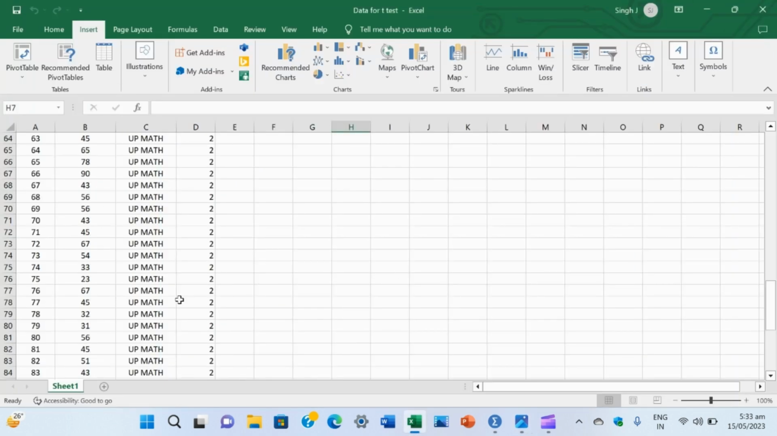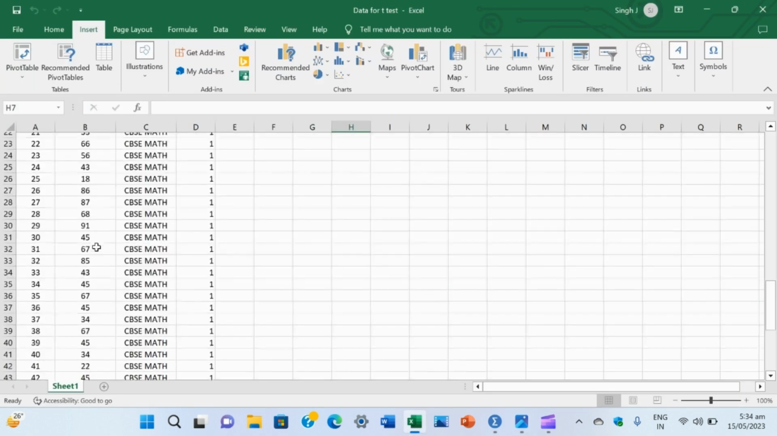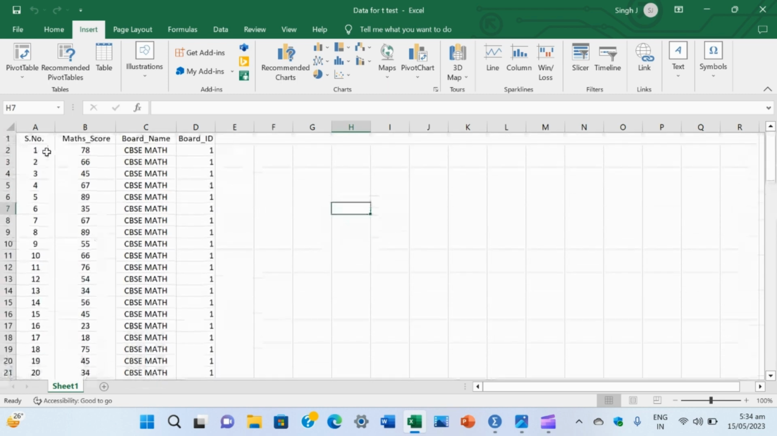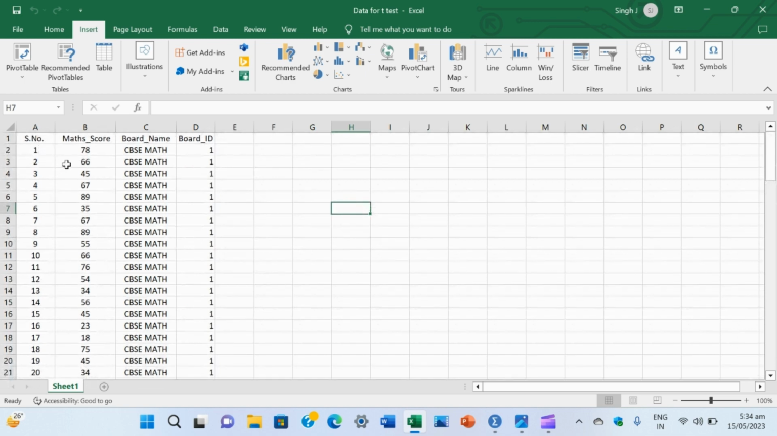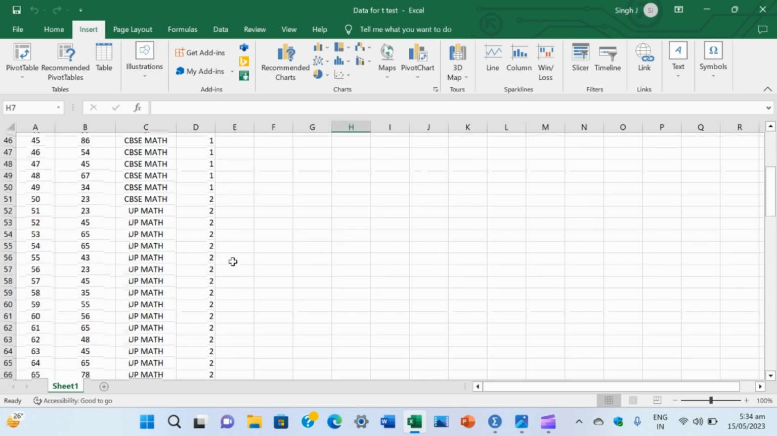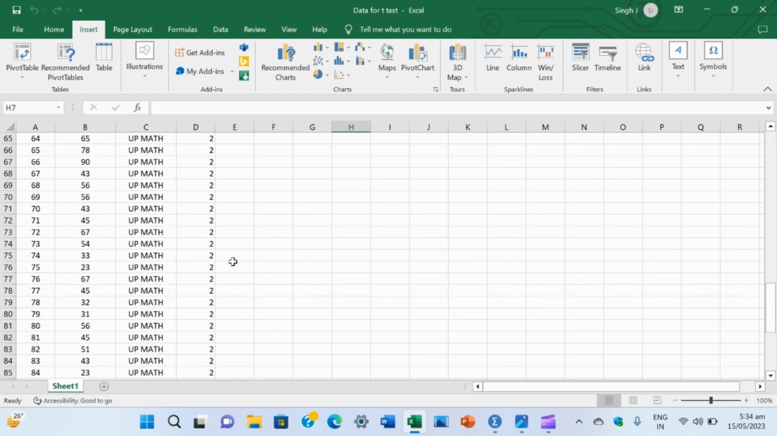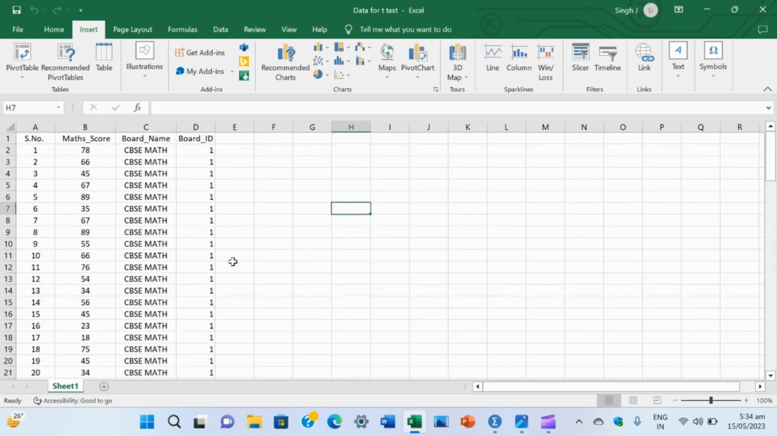suppose the data is given in Excel, and as we see here, 100 students marks are given here in mathematics, and 50 students are from CBSE board and 50 students are from UP mathematics board. And here the data in Excel is given. As we see, 100 marks